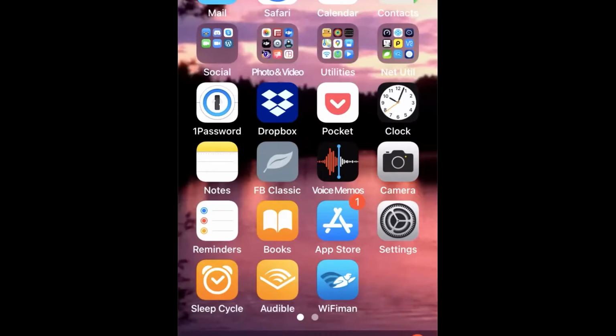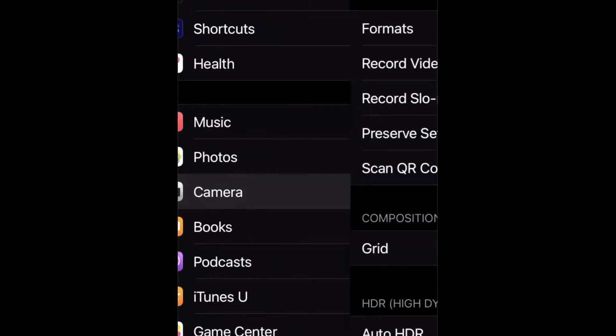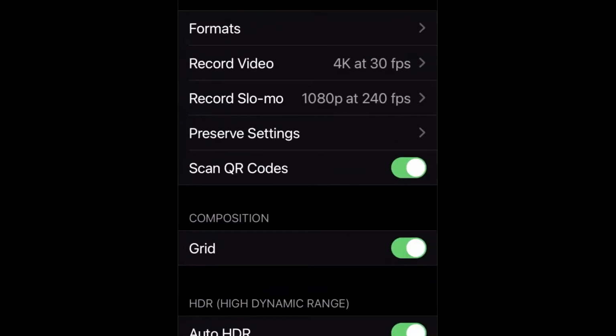And one of the reasons that we're going to start with settings in the camera is there's a ton of stuff by default that you can adjust to make your life a little bit simpler. We're going to start with the camera settings, and then we're going to look into photo settings. In here, there's a ton of features that you can turn on and off, and I'm going to go through them fairly quickly because we don't have a humongous amount of time, but they are worth looking at.